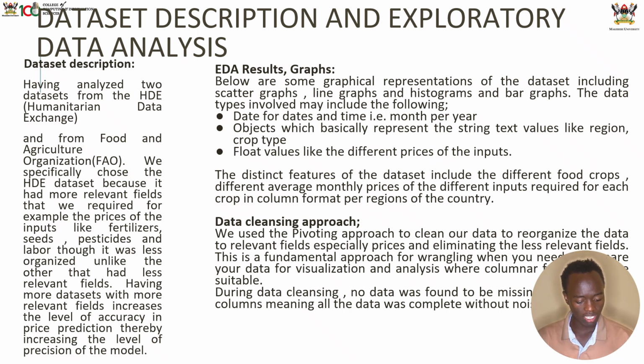So the data set description, we shall understand its data from the data sets. For this case, from our crops, we shall use input prices from the seeds, from the fertilizers, the pesticides. We shall use this data and find, in case we have a missing data, we shall put in the missing data. In case we don't have any missing data, we still remove the unnecessary data. So for this case, our data had no missing data.